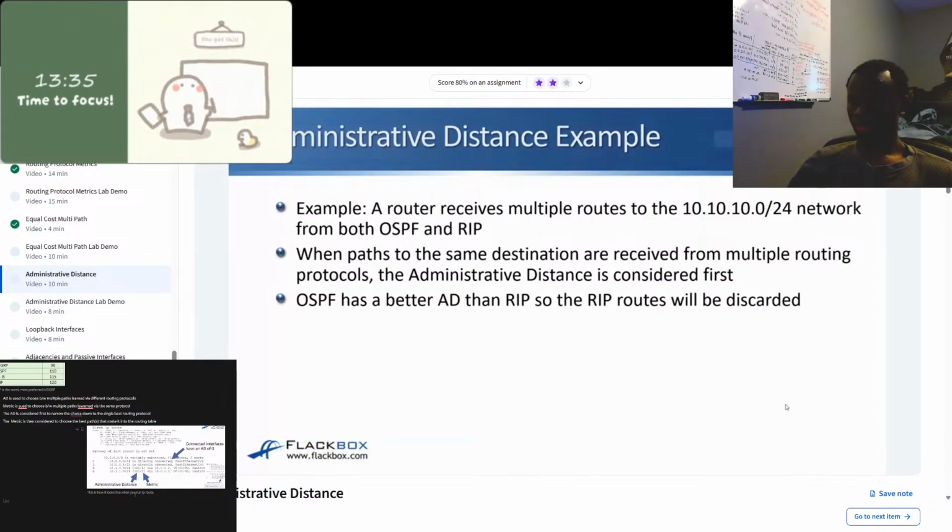So when paths to the same destination are received from multiple routing protocols, the administrative distance is considered first, before the metric. OSPF has got a better administrative distance than RIP, so the RIP routes are going to be